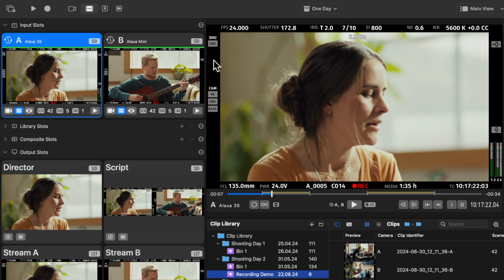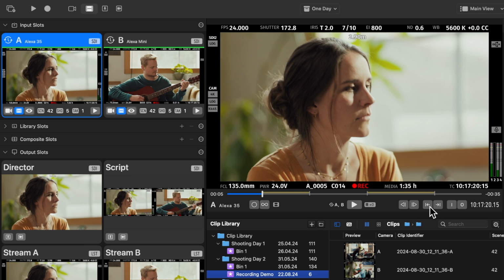Obviously, it makes sense to play back only the marked ranges. You can navigate to the next range or previous range and start playback from there. Or, more elegantly, you can enable the ranges playback mode. Press one time to play back the nearest range, or press again to play back all the ranges in your clip. That's perfect if the director wants to review all actions within a take.